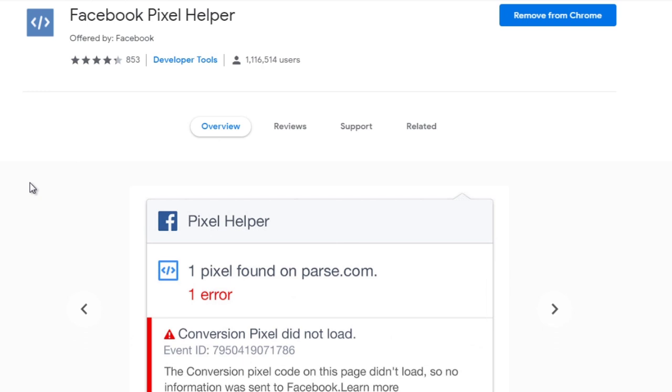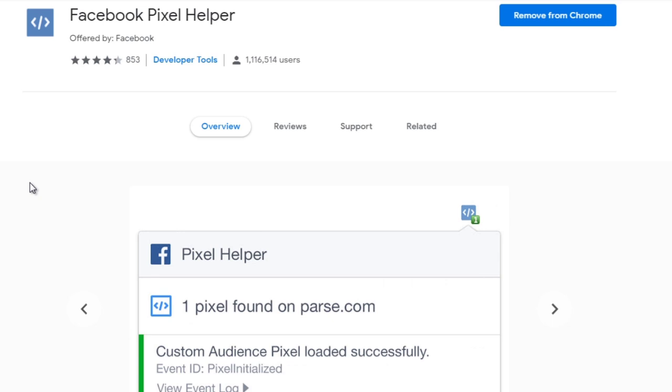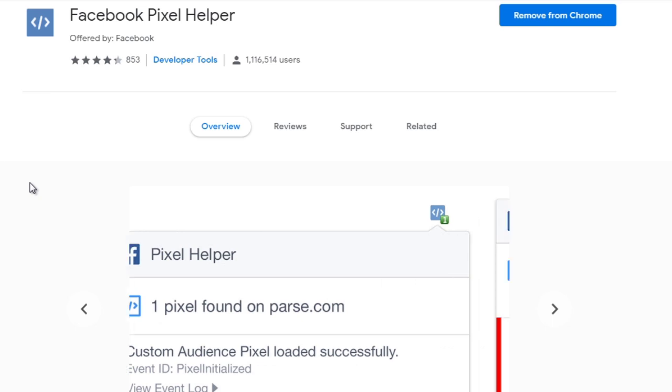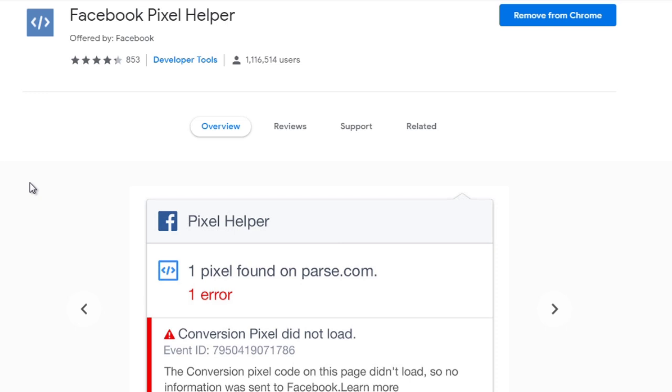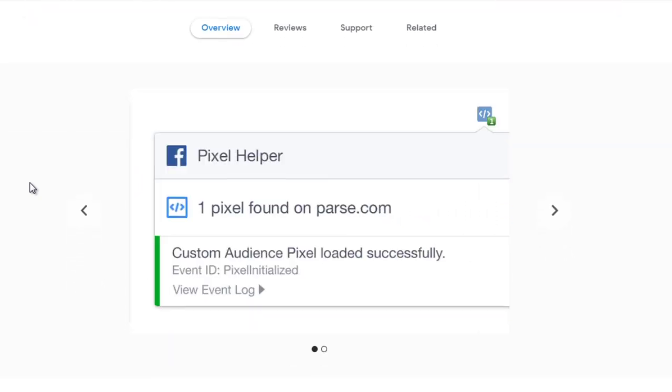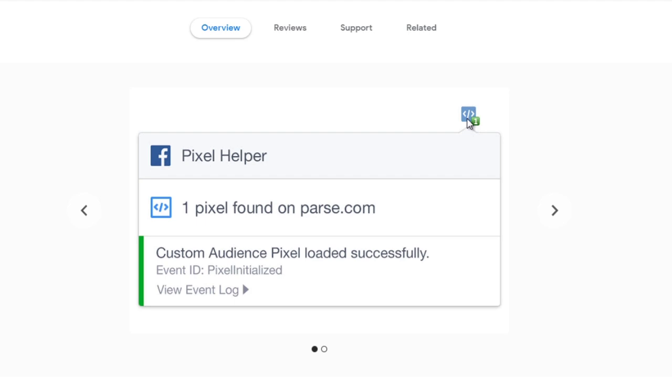So this is another free plugin for Google Chrome. And if you're using other things like Safari or Firefox, you can probably Google Facebook Pixel Firefox or Facebook Pixel Safari. But for Google Chrome, this is what we use. All you have to do is install it. And as you can see down here, you're going to see this icon. And any web page that you visit in your funnel, if you click that, it should say that the pixel